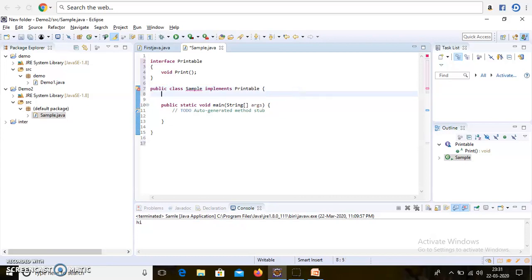Now there is an important thing, that is how to write the method of the interface. There are two main things: declaring the interface and implementing the interface. Now how to write the code? Here you have to write directly public void print.